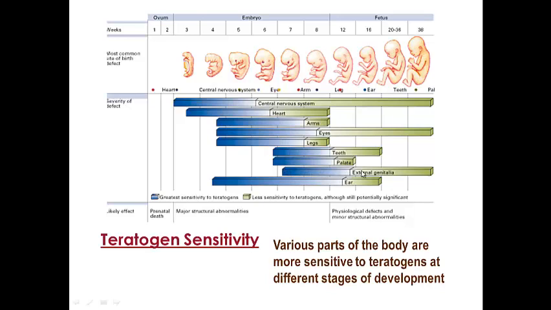Proper development of external genitalia and the ear. Now, as you can see, these blue bars representing the greater sensitivity and negative effects occur for the most part when? During the period of the embryo. Now you have to consider that this period of the embryo is only a few weeks after the pregnancy began, right? After the ovum, the egg, was fertilized.